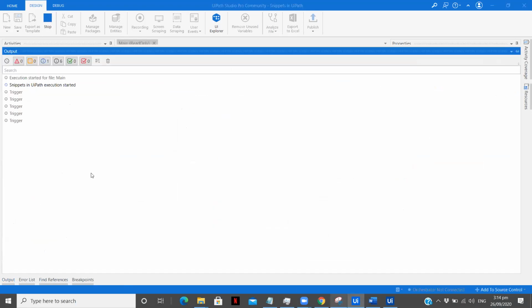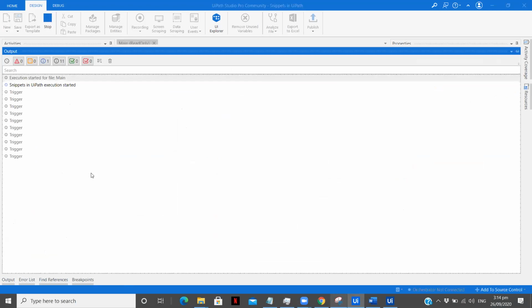Right now I'm doing a mouse click, there is a trigger. I'm clicking enter, there is a trigger. I'm clicking down arrows on my keyboard, space bar, any alphabets, whatever I'm doing, that particular sequence is getting executed. Now when to stop it, you can have another trigger for that as well. To stop it or to come out of the loop, you can use break or something like that.